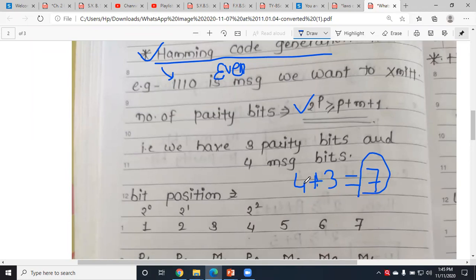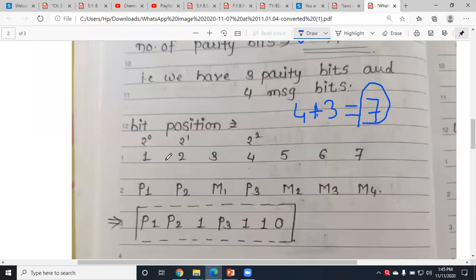Now the next question is, at which position do I need to add my parity bit? See, total 1, 2, 3, 4, 5, 6, 7. These many bits I have, but at which position should I add my parity bit? Okay, for that there is a condition. You can add your parity bit only and only at the positions of powers of 2. So what is a power of 2? It is 2 raised to 0, 2 raised to 1, 2 raised to 2, and so on. This is called your powers of 2. Right? Now, what is 2 raised to 0?